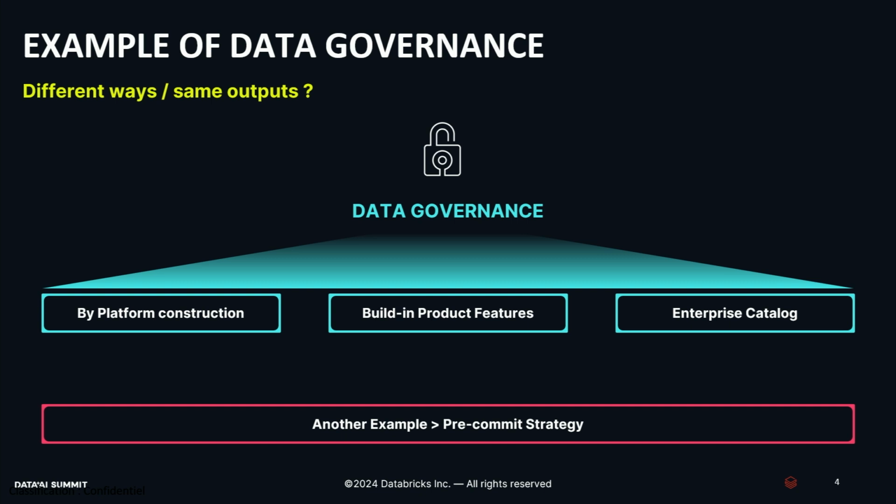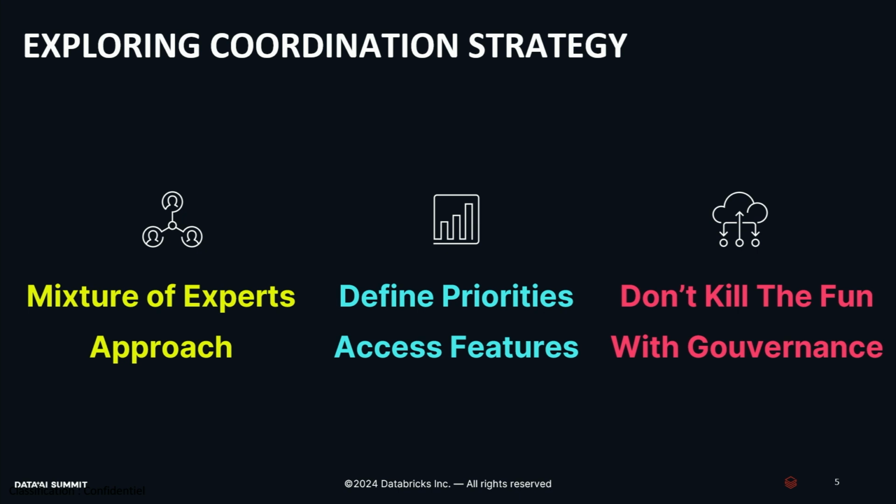So what is important to see is that we definitely have some overlapping between the functionalities, and it could be hard to decide what is going to be the best solution for this kind of use case. At the very beginning, I was saying that I will not give answers, only questions, but I will give some advice. My first one will be: see it as a mixture of experts approach. It's like an LLM problem that we face now. You want to use the best of the products that you have in your hands. And for that, you obviously need to define your priorities.